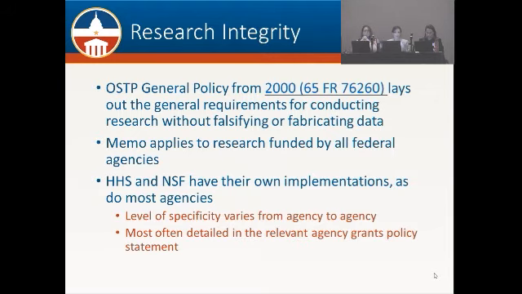This applies to research funded by all federal agencies, and then each agency has its own implementation. So the level of specificity will vary from agency to agency, with HHS and NSF having pretty detailed policies out there and procedures for managing those.